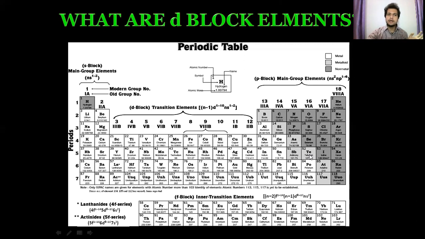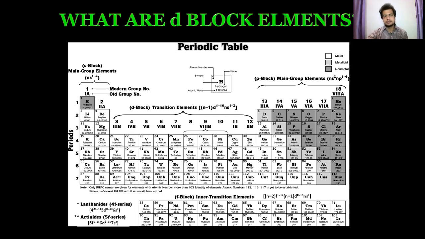Elements, right? So what we are going through is from the electropositive character to the electronegative character, or least electronegative to maximum electronegative, or maximum electropositive to least electropositive. So there is a transition from an electropositive element to an electronegative element when we move through these D block elements. There is a change taking place when we move from one element to another through the D block. As a result, these D block elements are known as transition elements, where we go from the most electropositive element to the least electropositive element